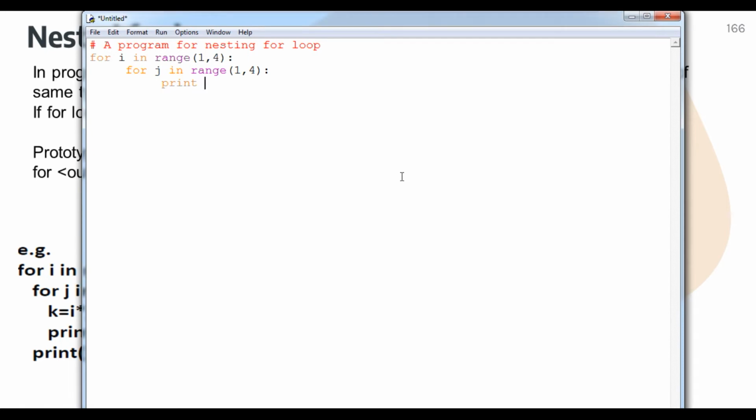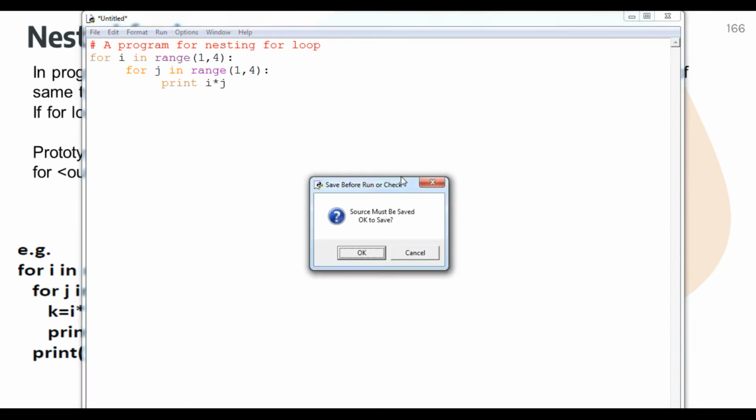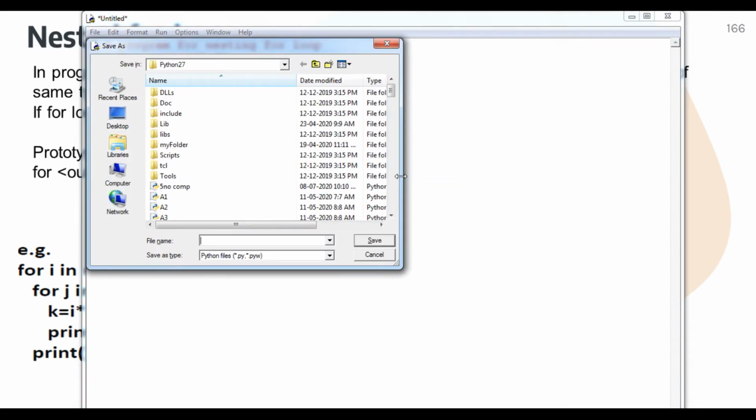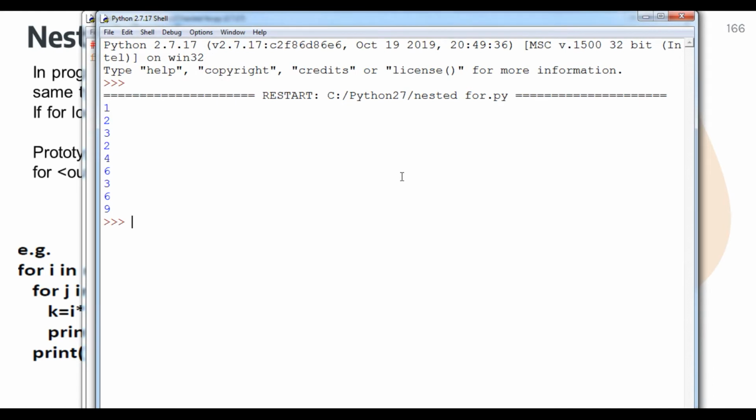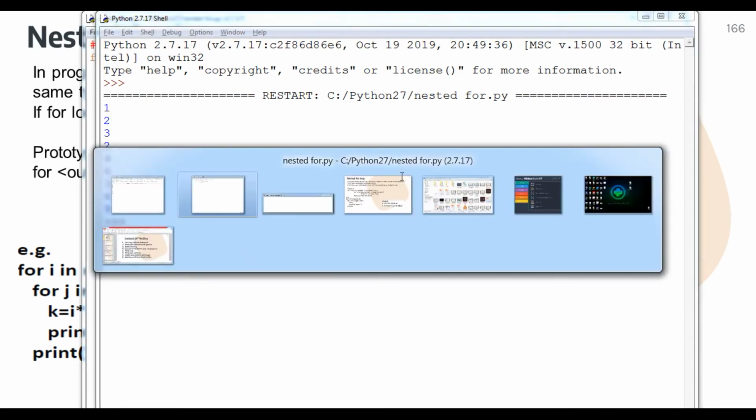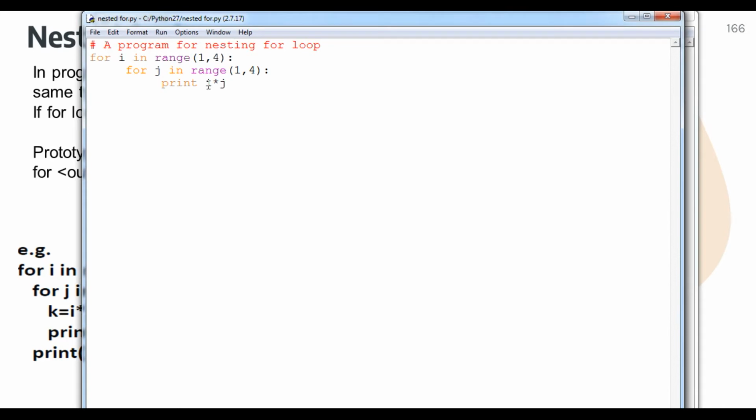What am I going to print here, student? Nothing. I will show you what the output is. Here same thing, i into j. If you print it, I will show you what will happen if I do not use end equals to space or something else. So, nested for. Now you can see, student, the output will look like this: 1 2 3 2 4 6 and so on. To clarify it, I will do one thing.